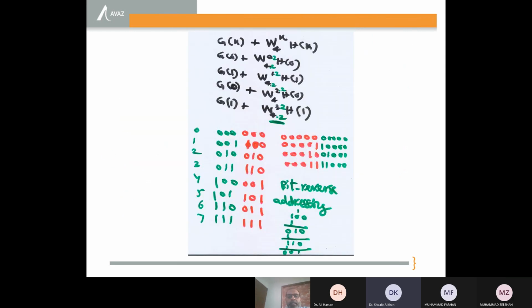ये बड़े यूनिक से इंडिसेस हैं और ये बड़े इंटरेस्टिंग हैं, किसी ने सोचा होगा, और अब यह हर डिजिटल सिग्नल प्रोसेसर का पार्ट है। जो इंडिसेस इस तरह जनरेट होने हैं: 0 होना है, फिर 4 होना है, फिर 2 होना है, फिर 6 होना है, ठीक है, फिर 1 होना है, फिर 5 होना है, फिर 3 होना है, फिर 7 होना है।